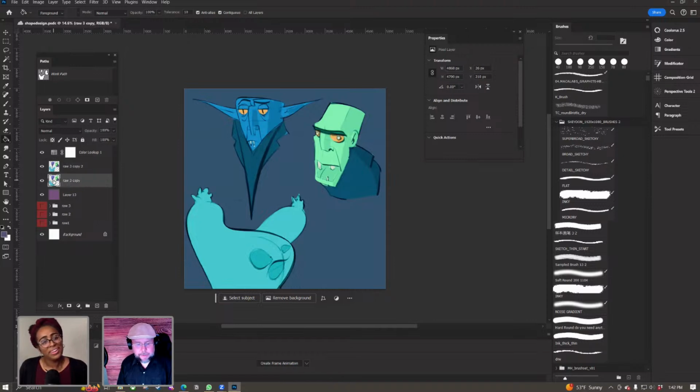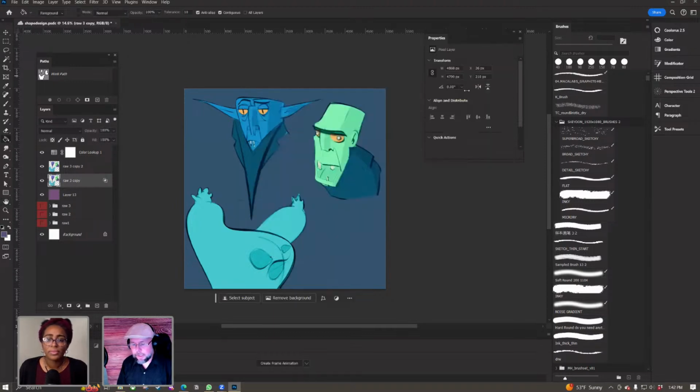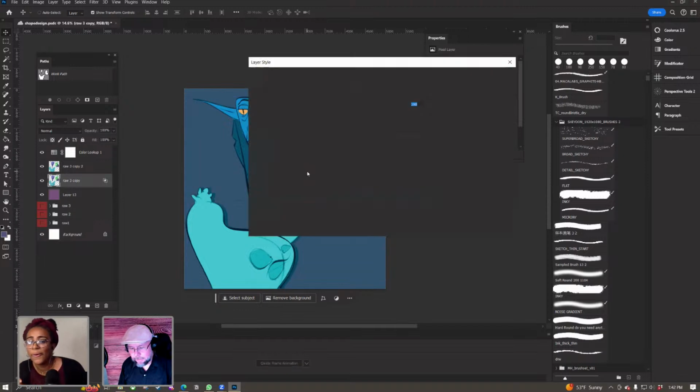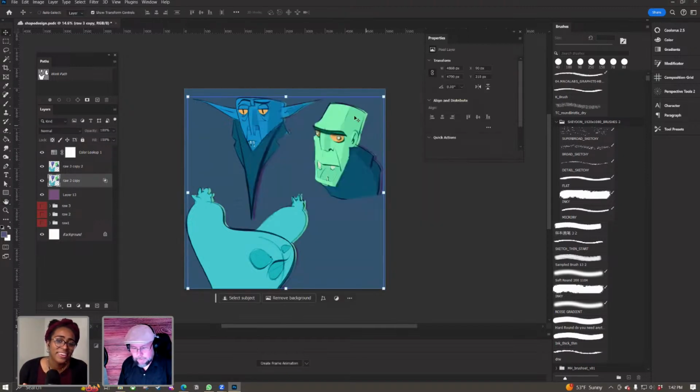I'm going to do the bottom layer, and double click the little icon, and it brings up this Layer Style box. In the channels, I'm going to uncheck green and blue. Then with my layer underneath, I'm just going to move it out. That doesn't look right, so I'm going to take it back and get rid of the red, and let's try green.